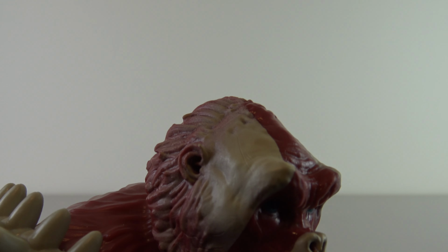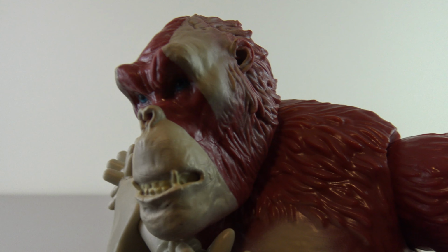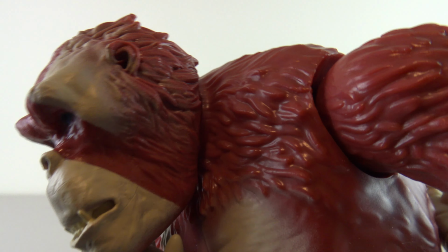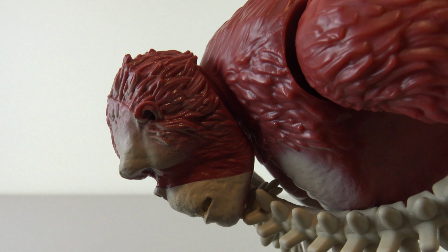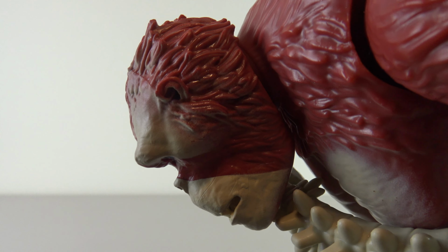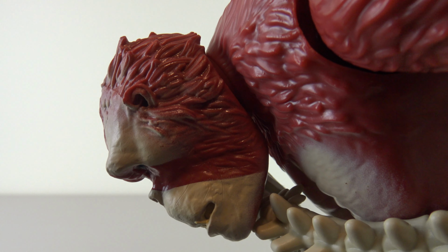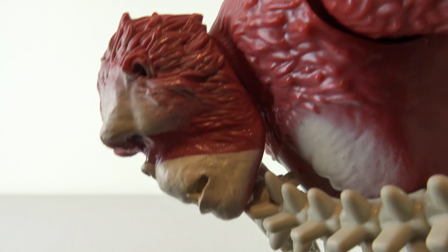And in the back of his fur, you can see the white is kind of fading off into the red. I think that one looks great because this is a good transition. A major problem I had with the Evolved Godzilla was there was just a lot of awkward cutoff points with the transitioning bits of the colors. They were able to do it here. The white fades off into the red quite nicely here for Skar King's case, and so I think it's pretty